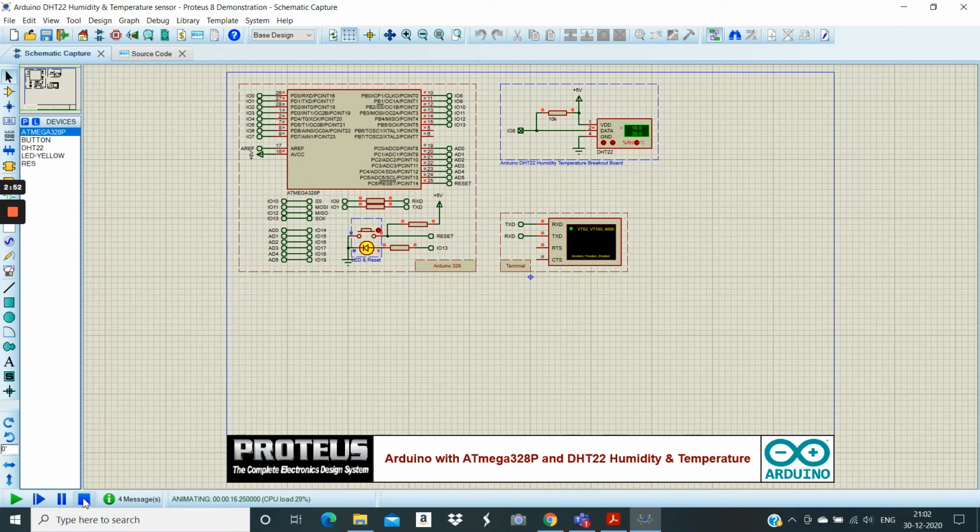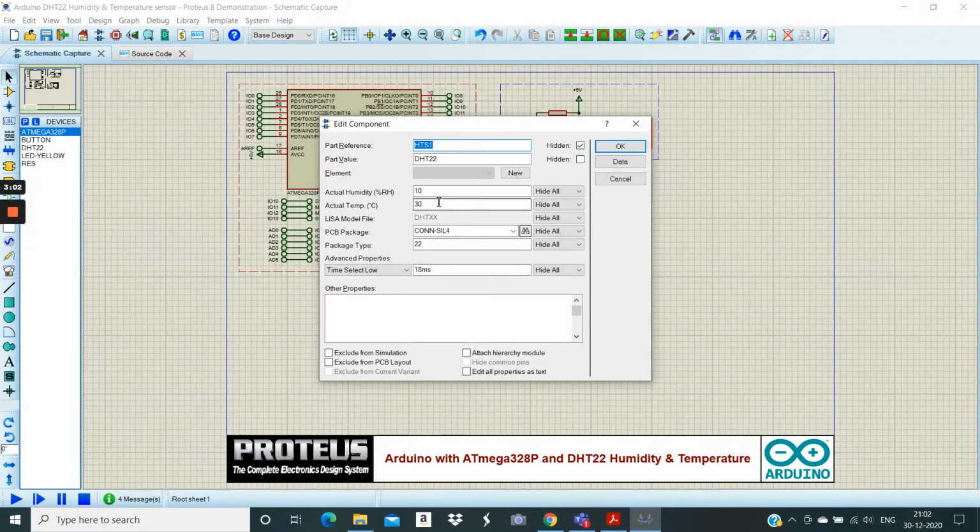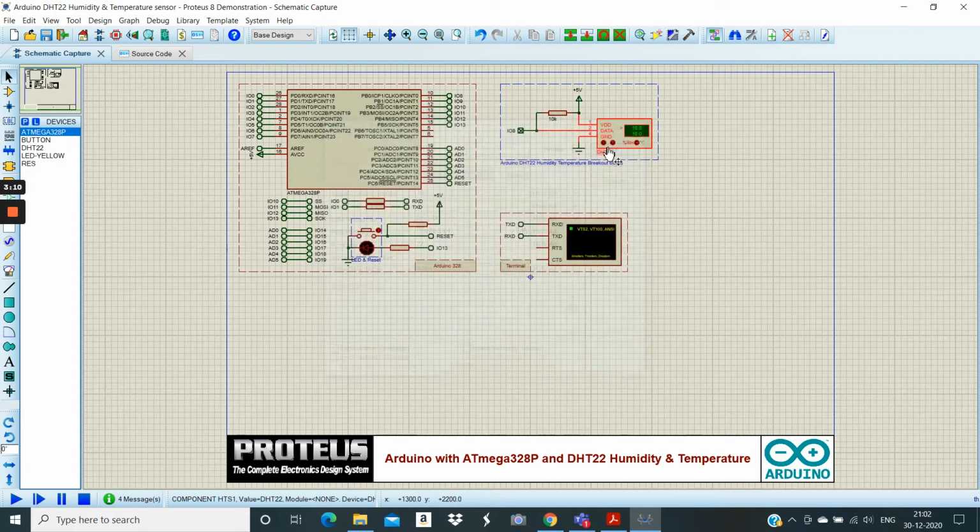So this time we will again stop it, edit the property and change the temperature to something below, say 15. Let's change the temperature to 10 degrees Celsius, and we will again run the simulation.